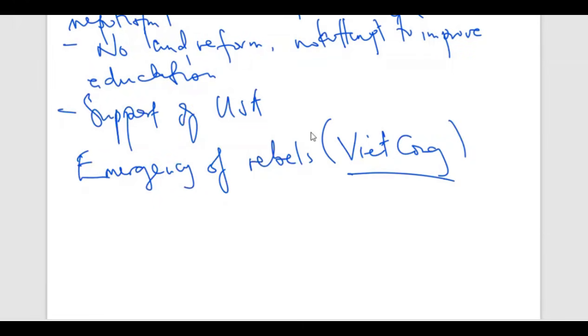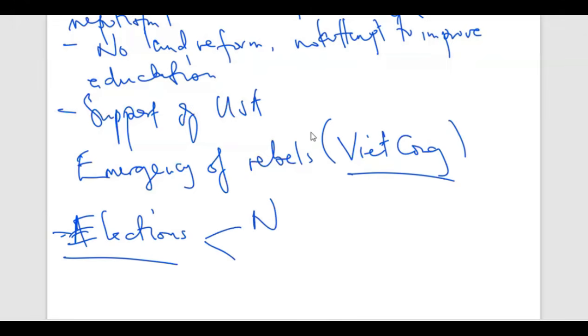And the other issue, which was also there: when they settled at the Geneva Conference, they decided that there were supposed to be formal elections. After the split of Vietnam, there were supposed to be formal elections where the legitimate leader was supposed to be elected between the leader of the North or the leader of the South. The leader of the North being Ho Chi Minh. He was popular and it was most definite that he was going to win the election, while Diem in the South was unpopular because of his corrupt acts.